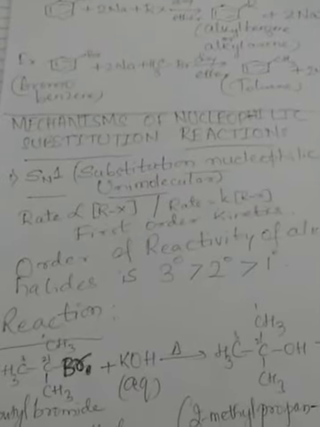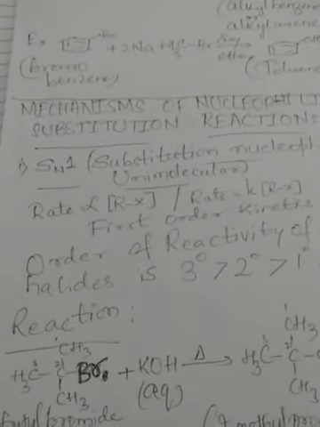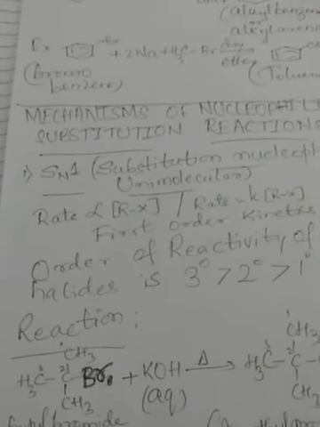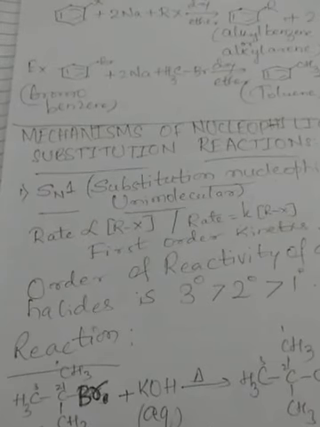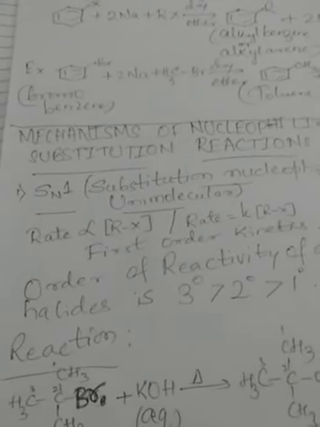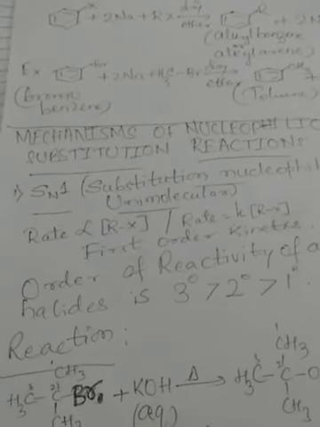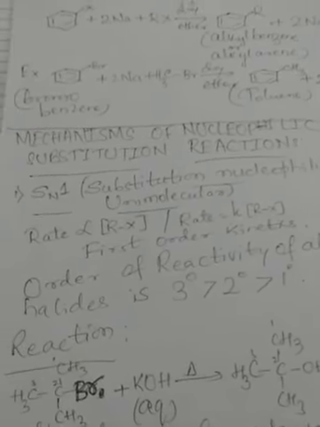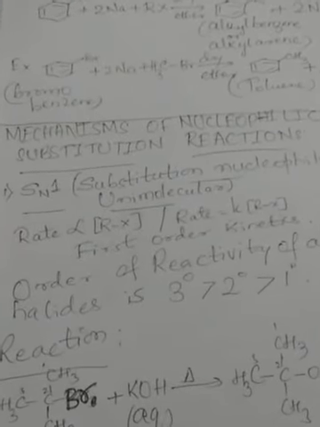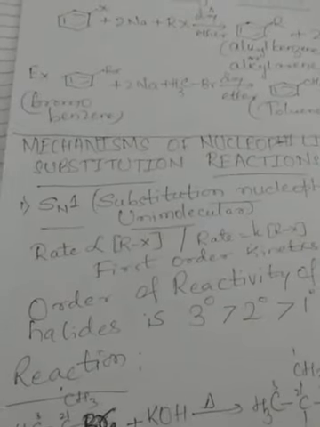I hope you all know the meaning of the term mechanism. In case of a chemical reaction, especially organic chemical reactions, the covalent bonds present in the reactants are cleaved or broken so as to form reactive intermediates, which in turn recombine to give stable product molecules. This step-by-step description of a chemical reaction is called a mechanism.